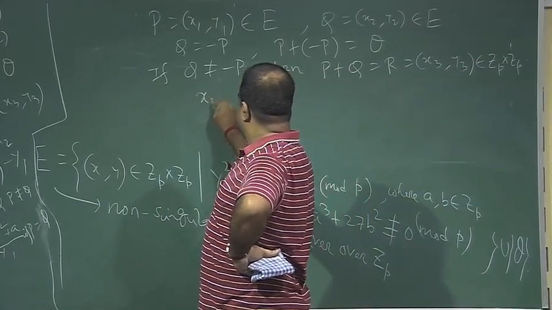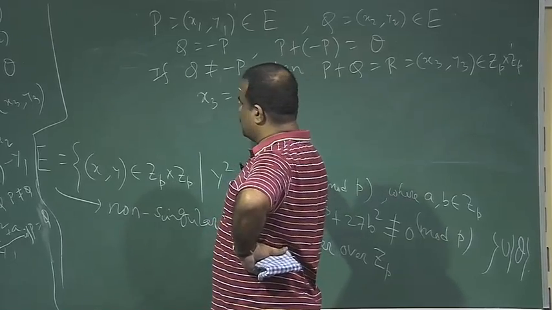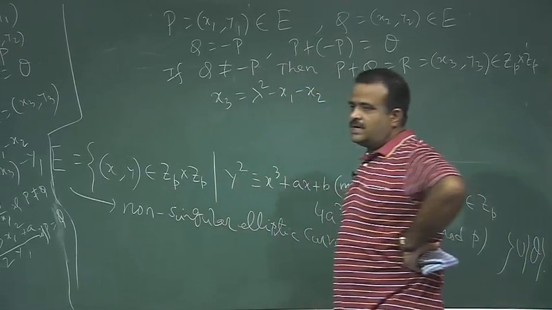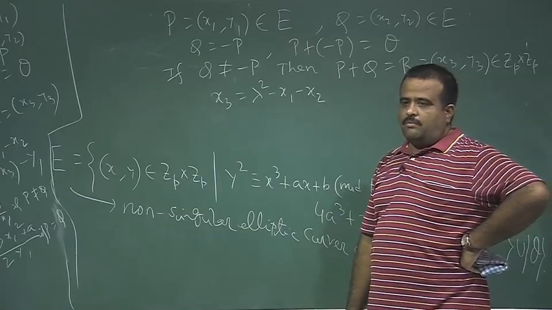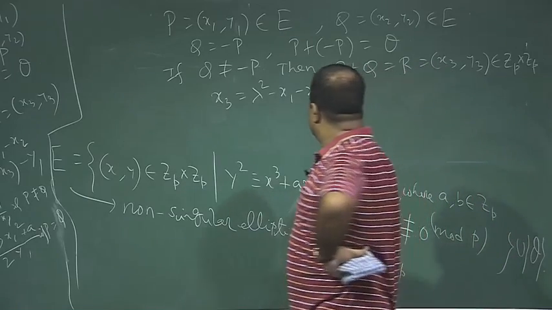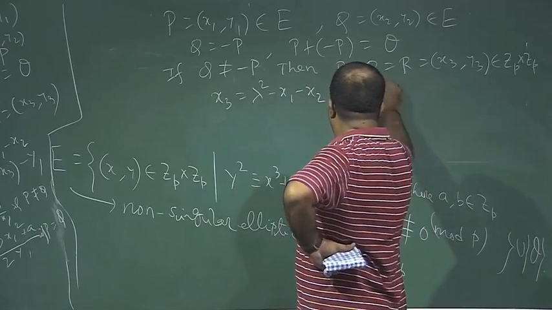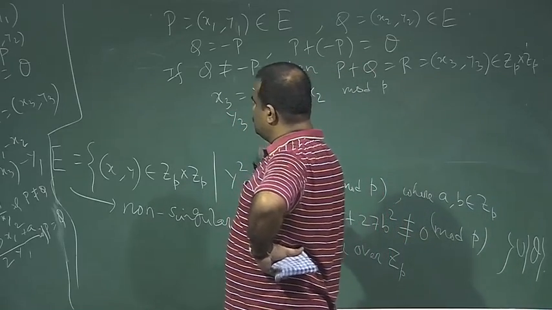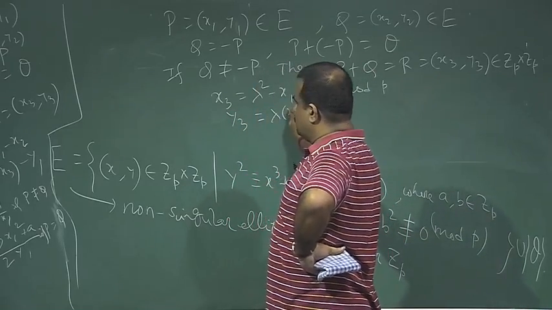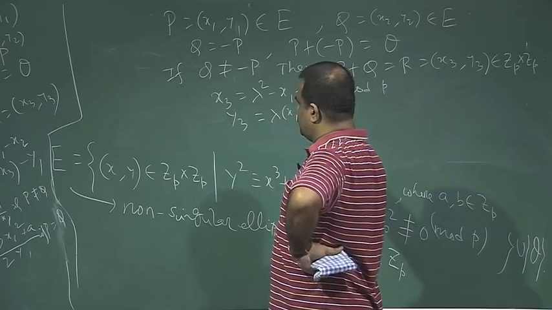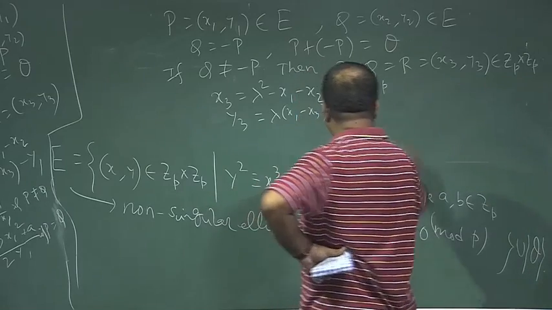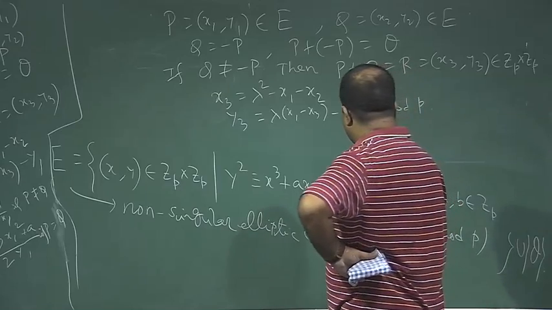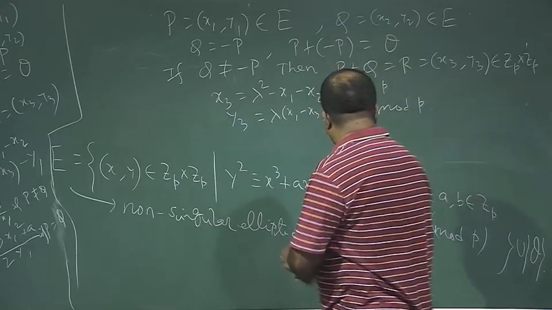So, x3 is equal to lambda square minus x1 minus x2. So, all these operations are under mod p. So, this is mod p, and then y3 is equal to lambda into (x1 minus x3) minus y1 mod p, and now the lambda is basically